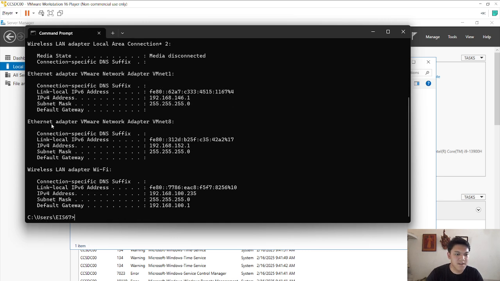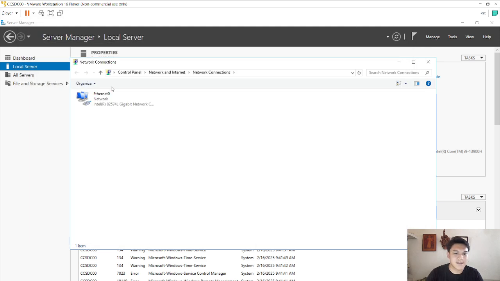I choose the internet adapter VMware Network Adapter. I change it to 192.168.152.50, and our default gateway is 192.168.152.2.